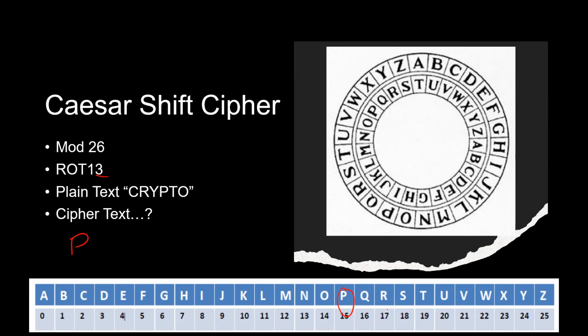R is 17, and we're adding 13. And that gives us 30. But there's only up to 25. So what we do is after we reach Z, we go back to A and continue. You do it visually that way, or you can simply do the mod calculations as we said before and divide by the 26. So that should give us